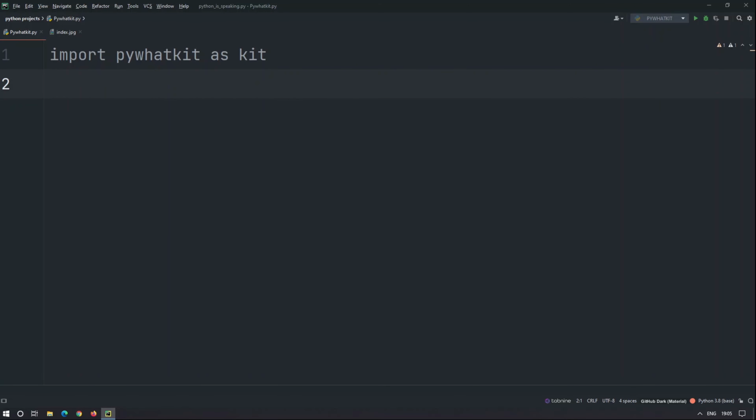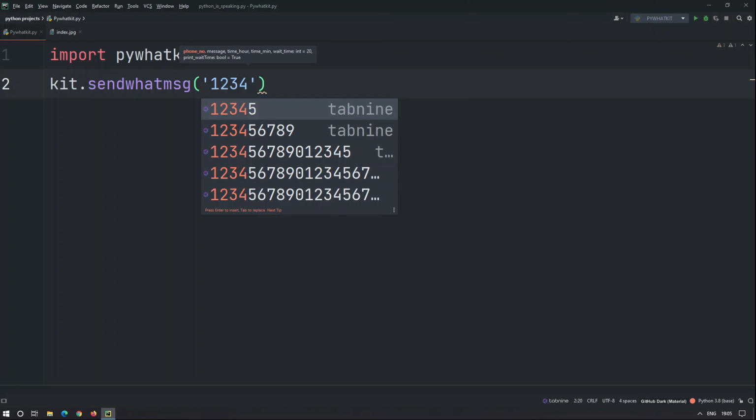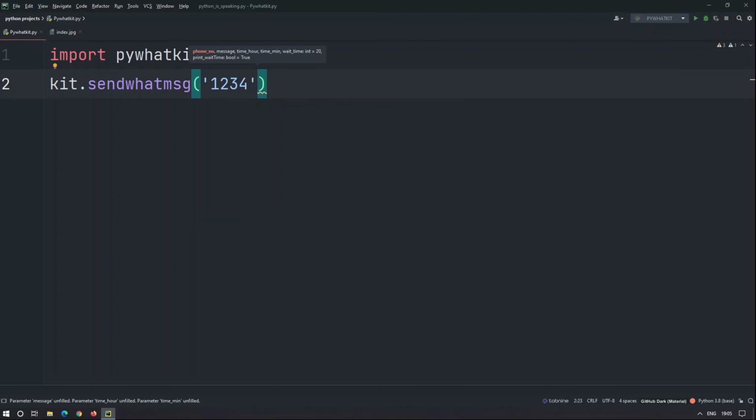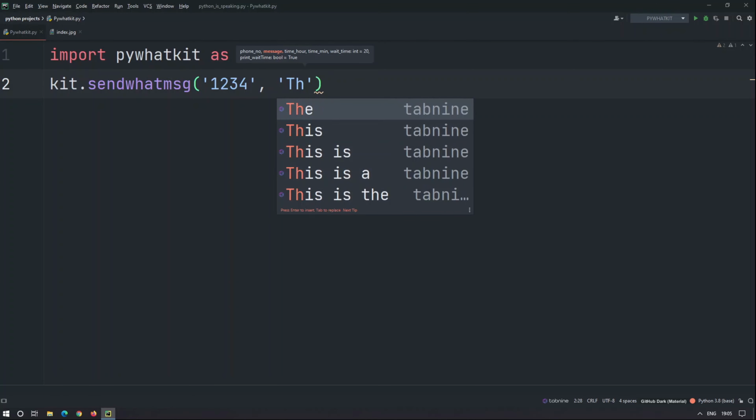So our first function is send what msg. So send what msg is a function that will send a WhatsApp message. So let's use this. So kit dot send what msg. And now I have to provide a number in a string format. So I can just provide like 1 2 3 4, and it should also contain a country code at the beginning. And now I have to type in the message. So I can just type like this